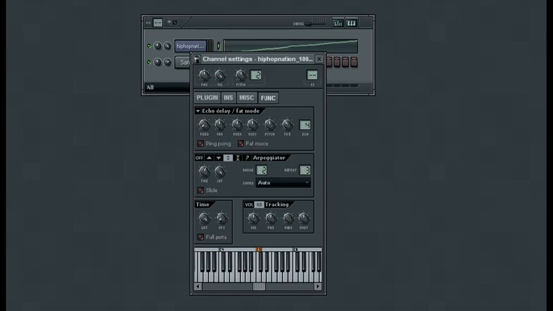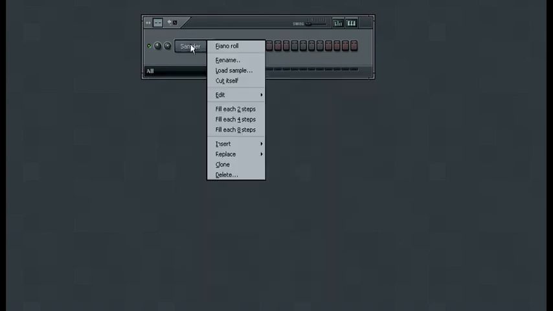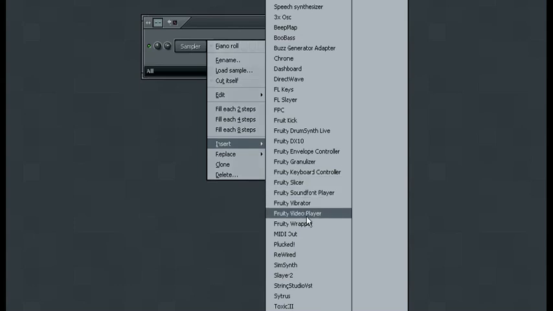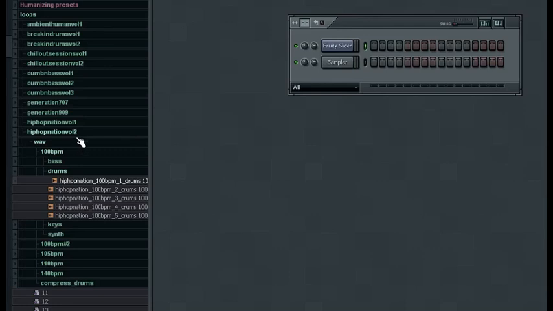Now the last example I want to look at uses the slicer to rearrange notes, turning it into a composing tool. I'm going to go ahead and delete this, and we'll reinsert the slicer again. Now to do this, we need a sample that has multiple notes laid out in a clear and concise manner, and then we'll rearrange the notes to form a new melody. So for this,